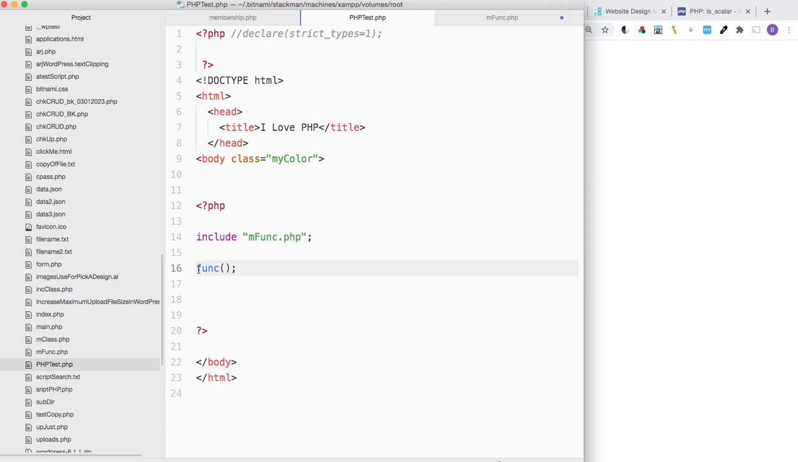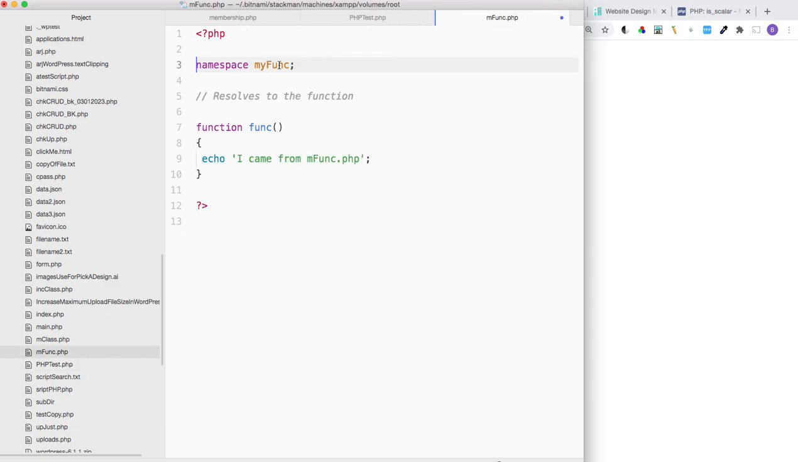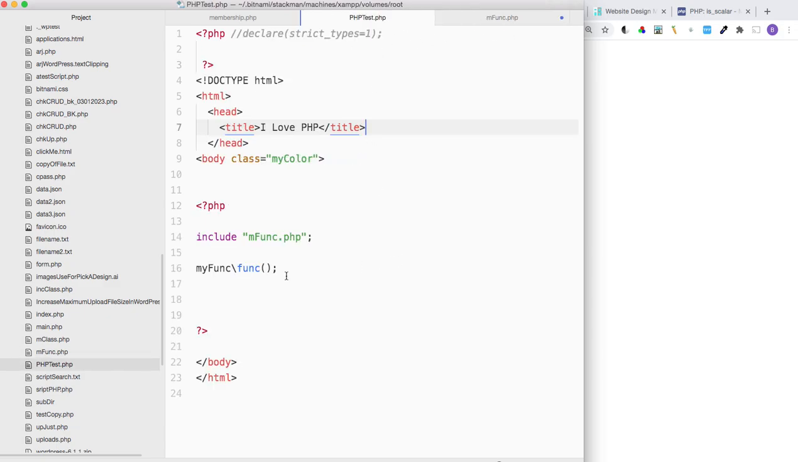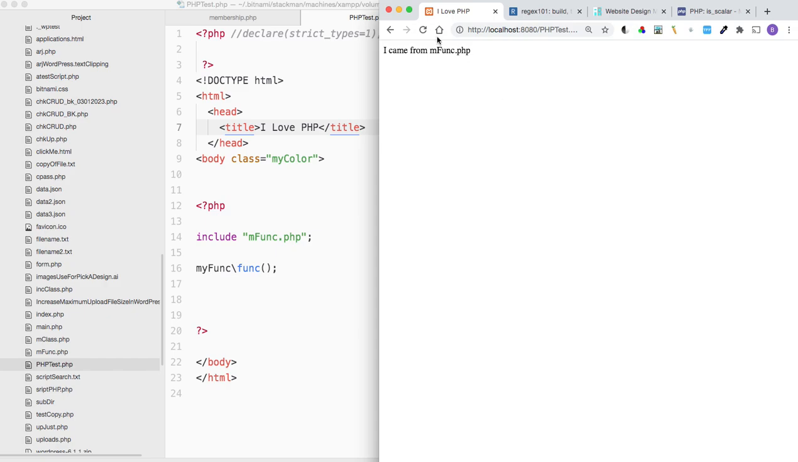Right? So we don't need this. I mean, we could just add the my func. Remember? Backslash. And this is what we call my func. There you go. So if I run it,